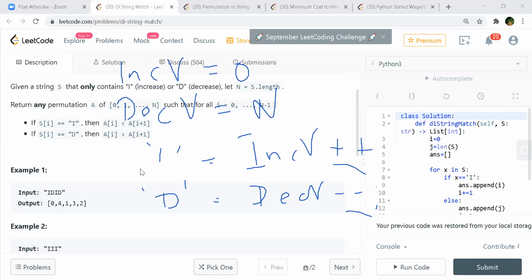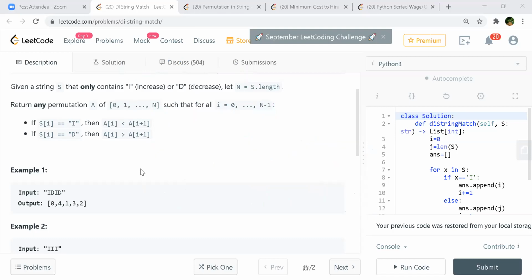Yeah, but there are better ways to do it, I'm sure, because we should actually compare with the I plus 1 value, right? That is what they are saying every time. Yeah, it is always good to look at whether the next one is I or D. Based on that, you can select the value. That will be an optimum way of doing it also. Yeah, I agree.